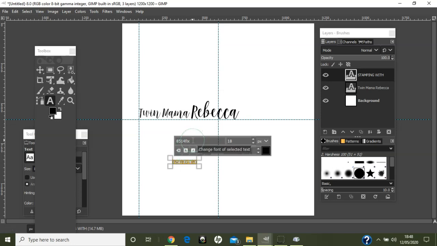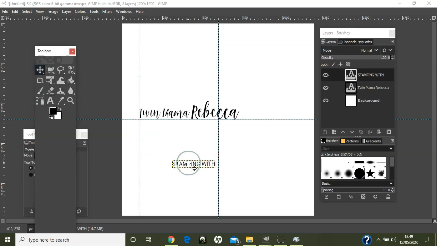You don't just have to add contrast with different fonts. You can add contrast by using capitals versus lowercase, and you can also use bold versus regular text. I would tend to avoid italic simply because it could be quite difficult to read. Okay, so I'm just going to change this to a simple skinny sans serif font. Okay, and then I'm going to bring it up to quite a bit bigger,